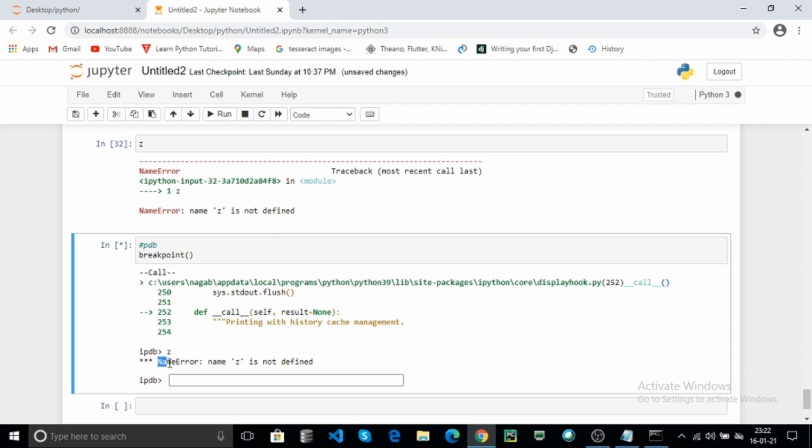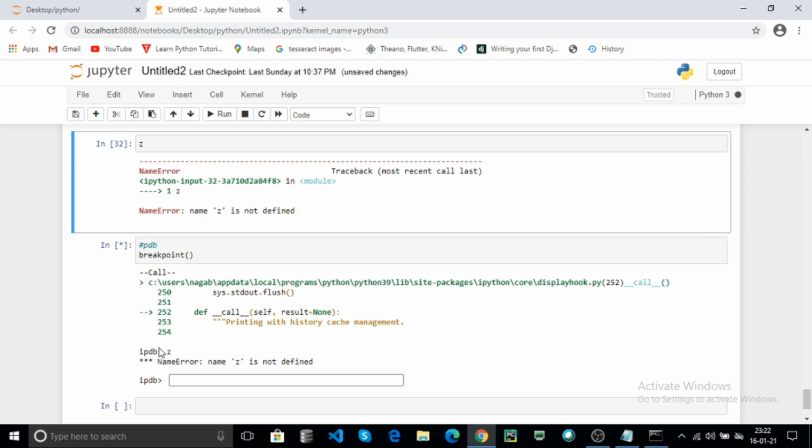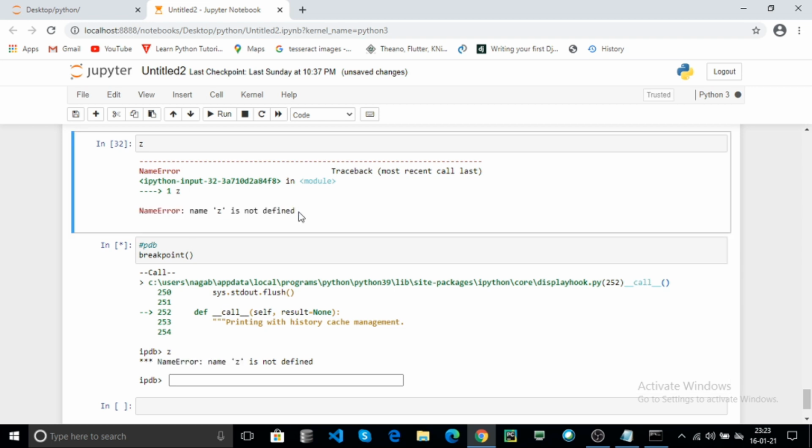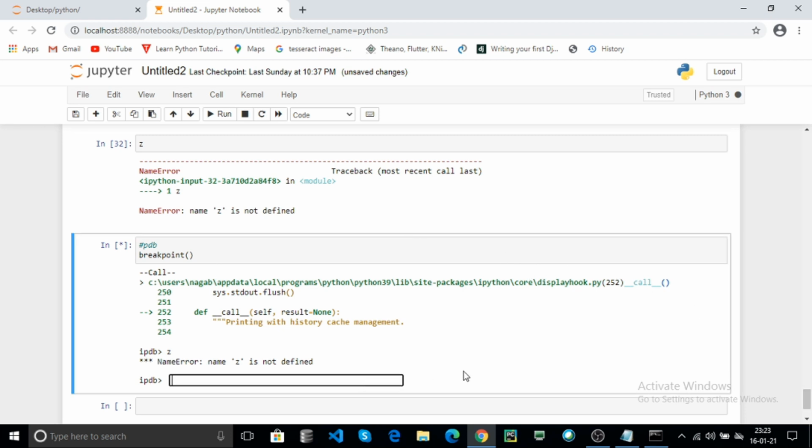Here the name error, name z is not defined. This is the backend. The Python debugger runs and is displayed for you. What is happening? The Python debugger identifies what is happening in the cell, and the error will be displayed for you in the front end. That is the Python debugger concept. To quit out of the Python debugger, you can use quit and hit enter.